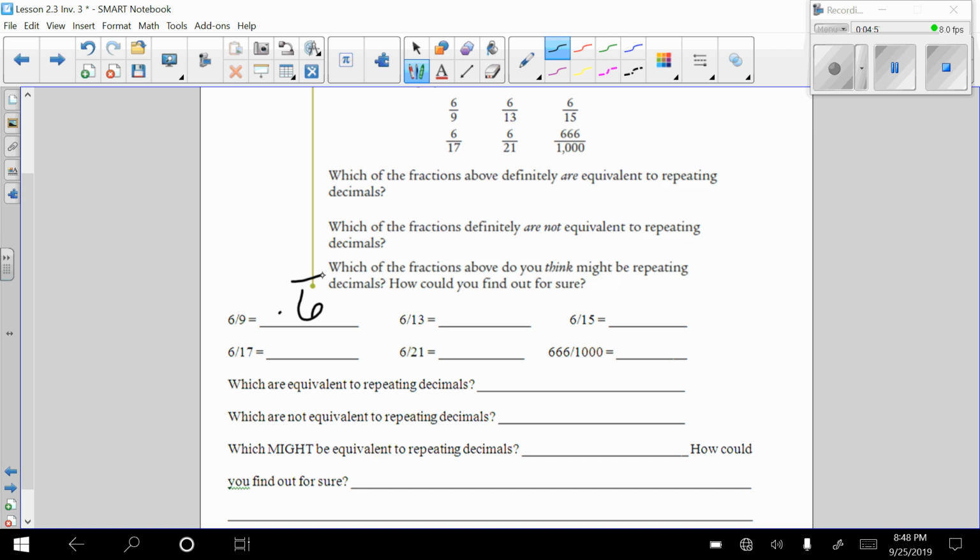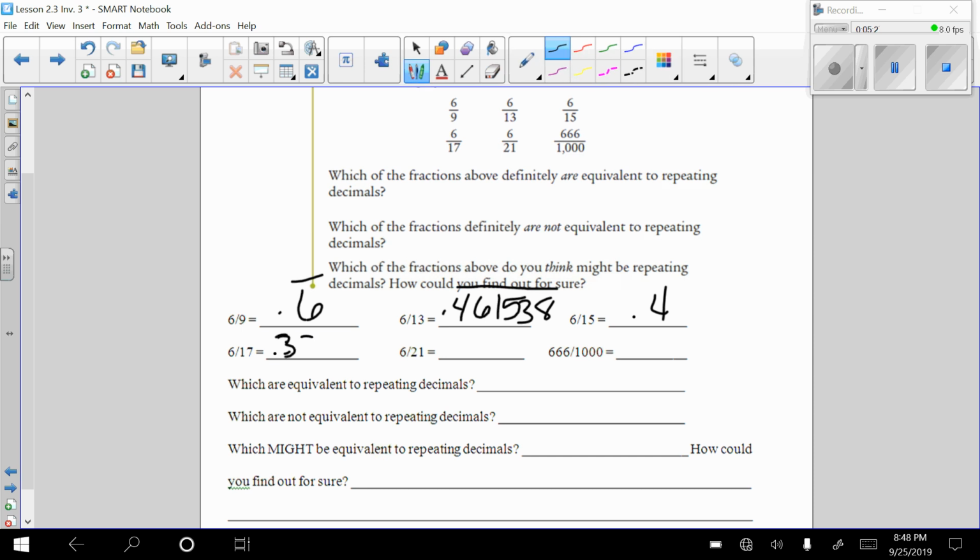If you put 6 divided by 13 in your calculator, you're going to get the number 0.4615338. And then it starts over with 4, 6 again. That is repeating. All of those digits repeat. 6/15 is 0.4. 6/17 is 0.32. I'm sorry,